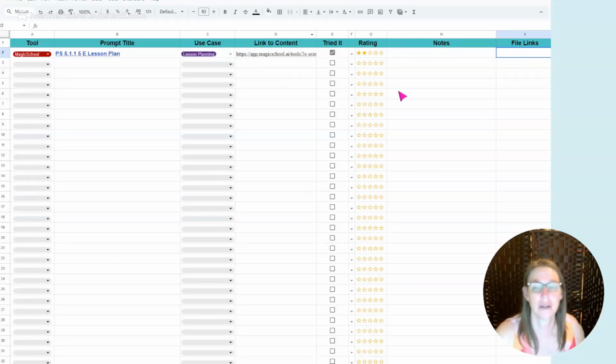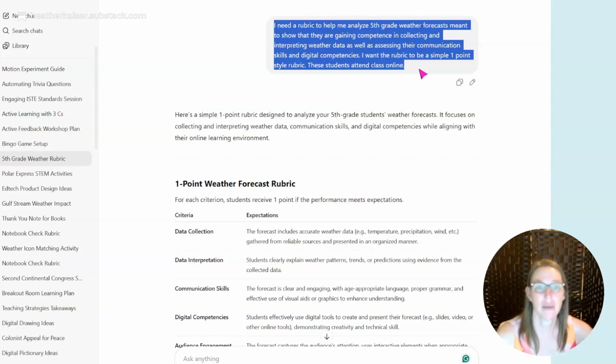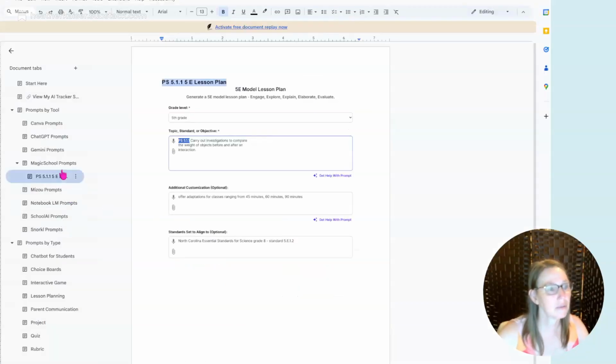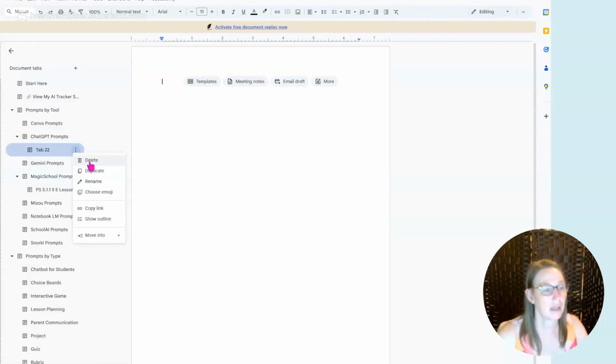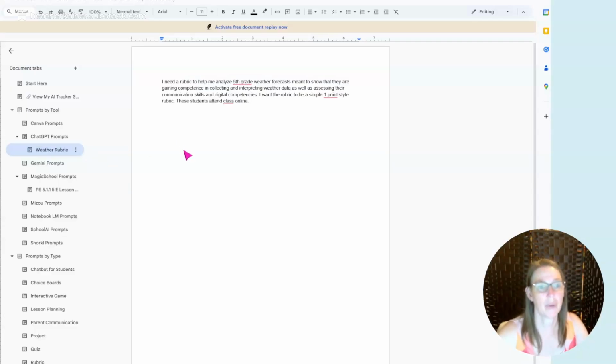Let's go look at one more example. For this one, let's take a look at ChatGPT, and I have one I've called 5th grade, well, it named it for me, 5th grade weather rubric, because that was what I was asking it to do. So I'm going to go ahead and copy my original prompt, and I'm going to go to ChatGPT and create a subtab and rename this weather rubric. I'm going to go ahead and put my prompt here,